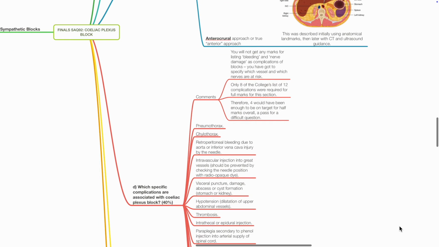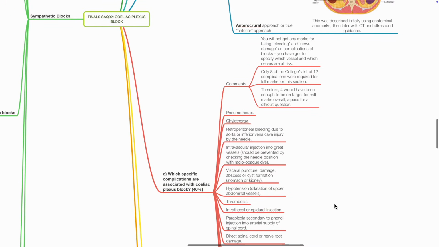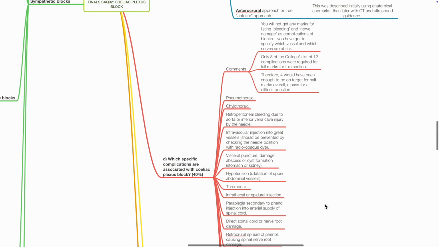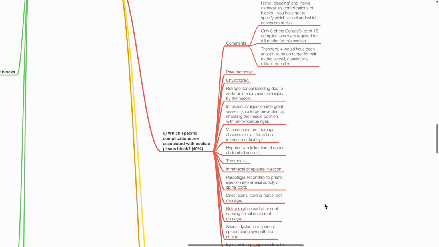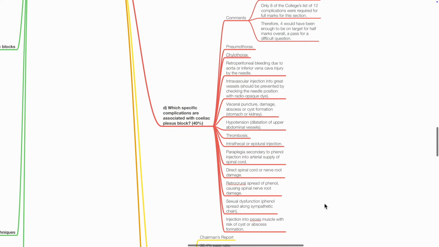D. Which specific complications are associated with coeliac plexus block? This includes pneumothorax, chylothorax, retroperitoneal bleeding due to aorta or IVC injury, intravascular injection into great vessel, visceral puncture, damage, abscess or cyst formation, hypotension due to dilation of upper abdominal vessels, thrombosis, intrathecal or epidural injection, paraplegia secondary to